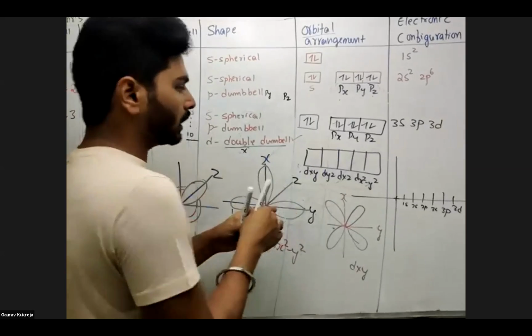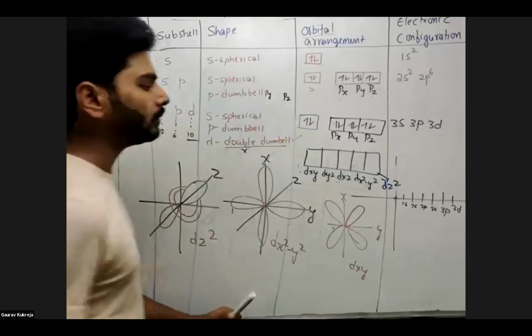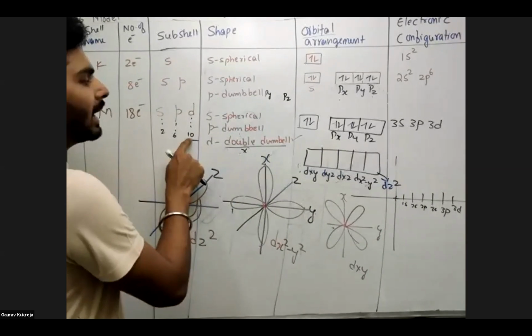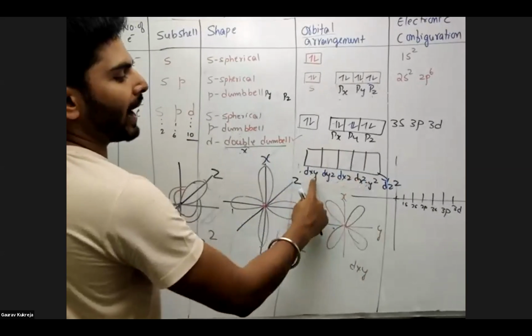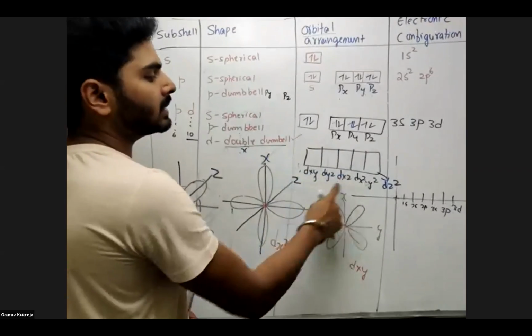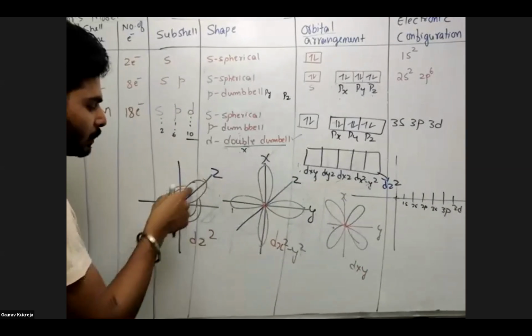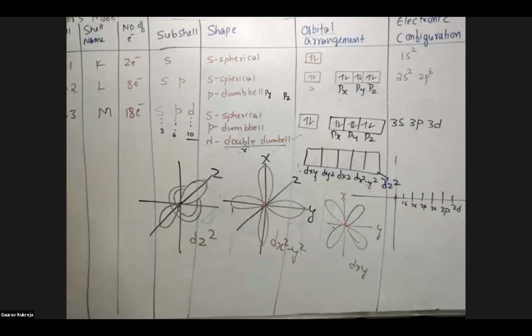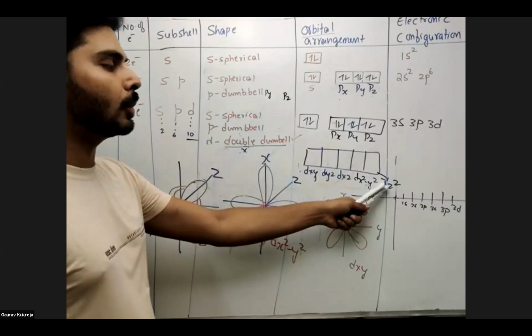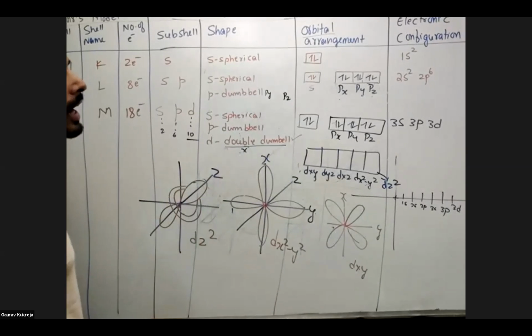So the fifth orbital will be called dz square. So these 10 electrons are distributed in 5 different orbitals like this. So xy, yz, xz planes, x square minus y square axis, and dz square again axis, but one dumbbell like this, another circular one. So remember, in the d subshell you will find one such orbital where you won't see both as double dumbbells; one dumbbell will be visible and one circular tube will be visible.